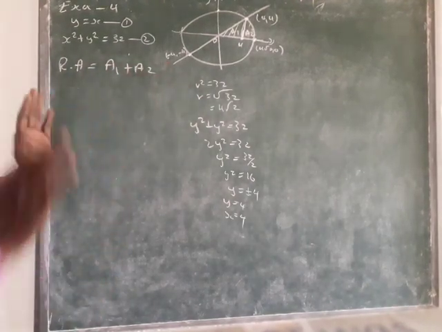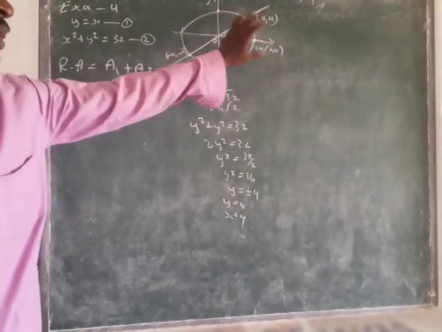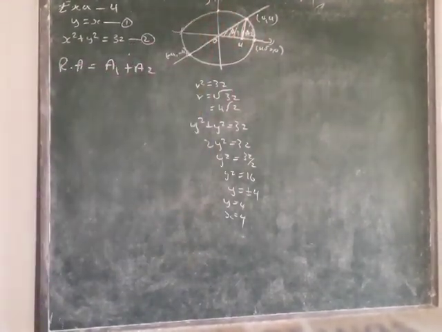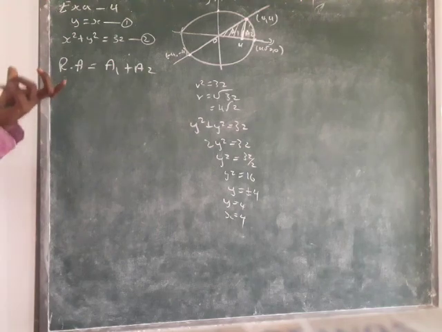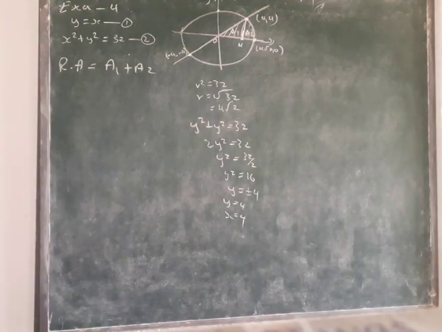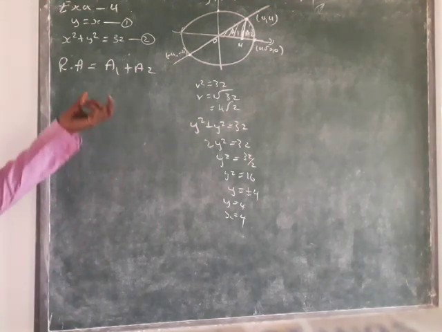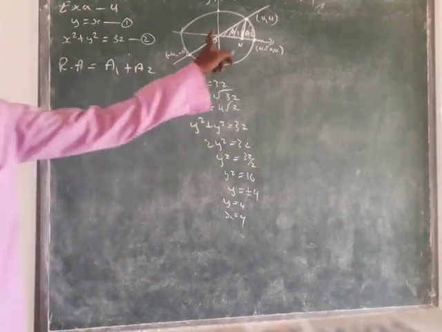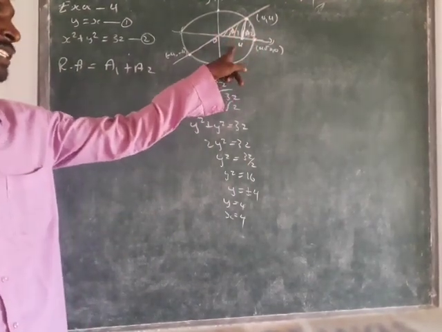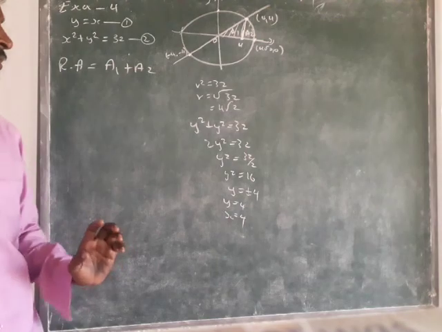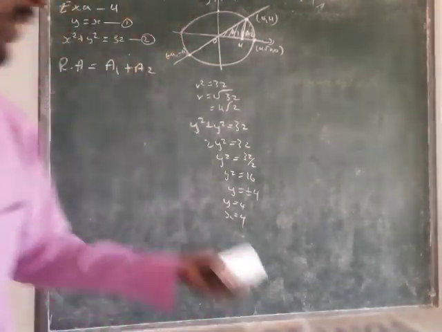So we sum up both, and we are able to find the entire area in the first quadrant between the line and the circle, the line and the circle with the x-axis. All three, you want to find the area. So now you are going to find A1. A1, the line covers the area of the x-axis, with the limit 0 to 4. Now find the A1.